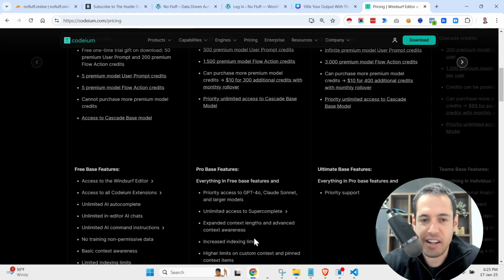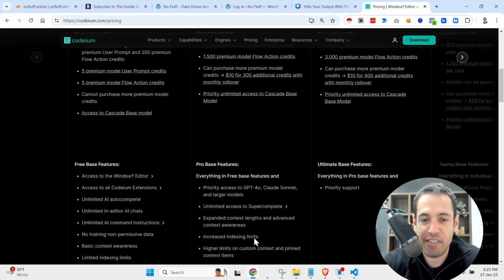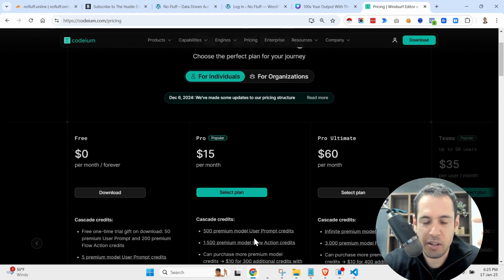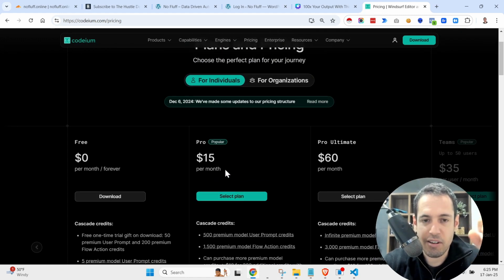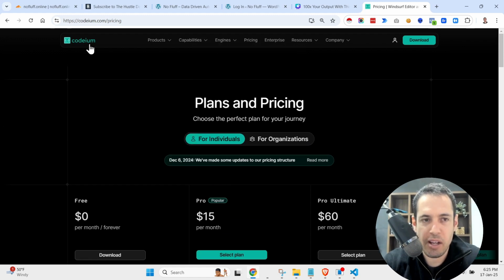I haven't hit the limit, and I've been using it a lot. So if you're choosing between a tool with API calls or a tool like Windsurf, which is by Codium, a kind of competitor to Cursor,